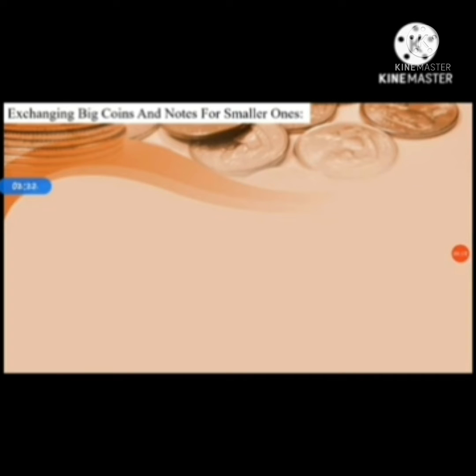Generally, we say, suppose, 10 rupee note change we want, 20 rupee note change we want. These words we are using for changing or exchanging a big note or coin for smaller coins or notes. Clear?